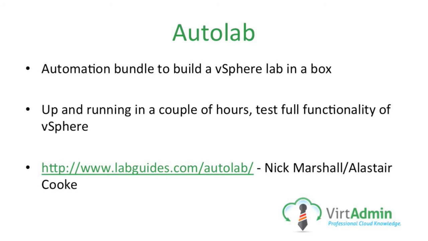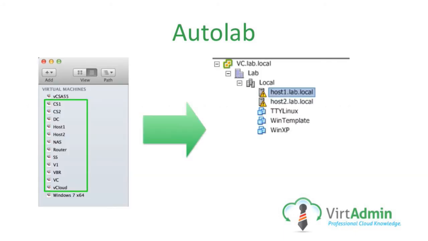And then finally, AutoLab, which is a bundle of automation to allow you to build a lab really fast and in a repeatable way. Basically what you do is give it some media and then start booting machines, and it's off building you an environment. You can run it in ESX or in Workstation or Fusion, whatever you have available to you. You download a zip file, it comes with a bunch of VM folders, you import those VMs and then supply it your own media, and following the guide, you start powering them on